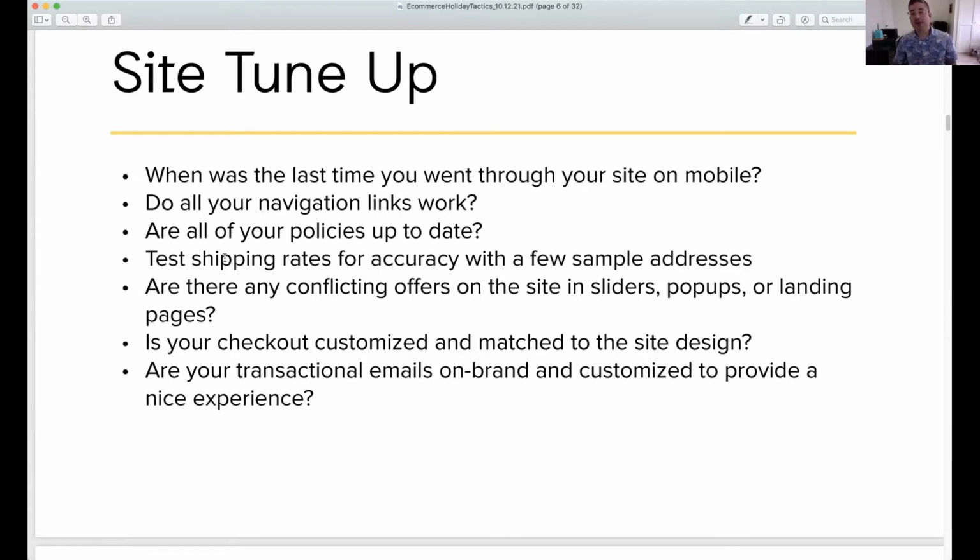Go through and test your shipping rates for a variety of products on your site. Try to check out as a customer, go through, make sure that the rates that you think you're giving people are actually what's showing up. And if possible, use a bunch of different addresses. Even if you find a hotel in New York City, find a community college in Des Moines, whatever it is,